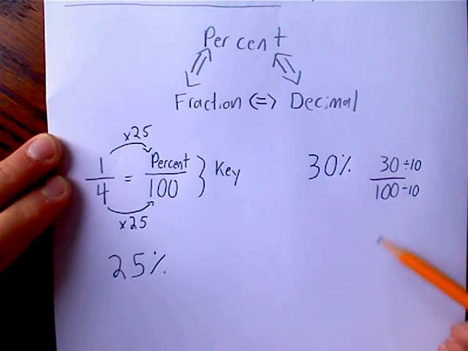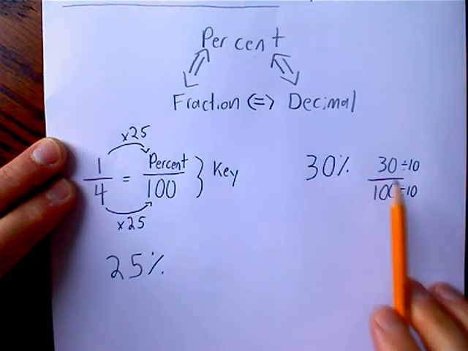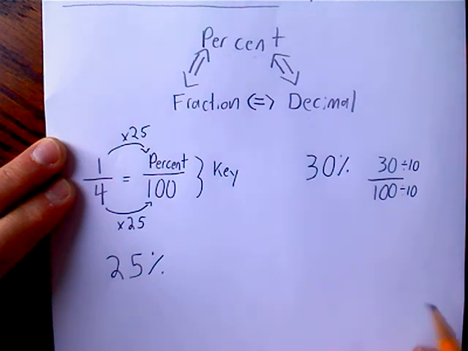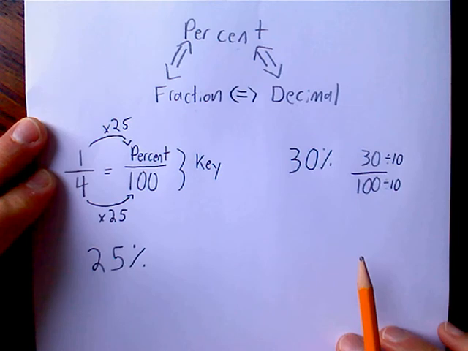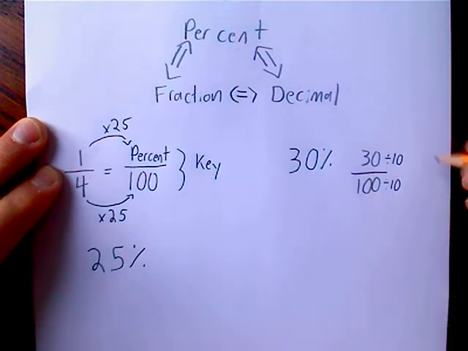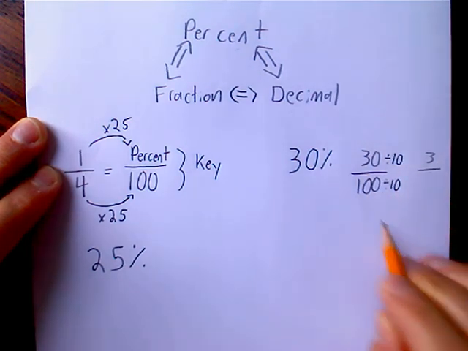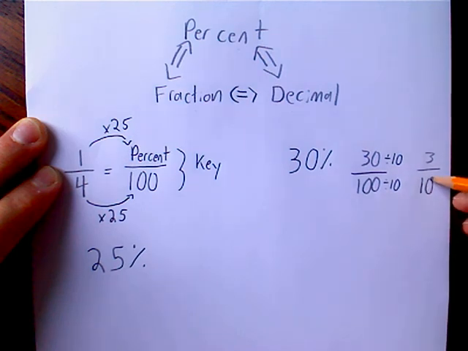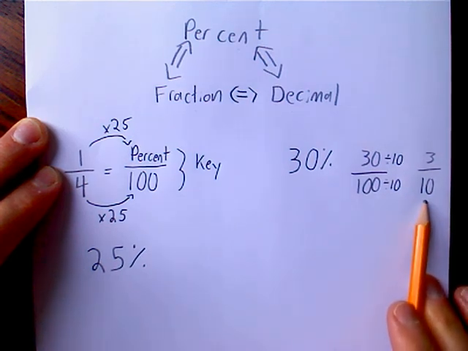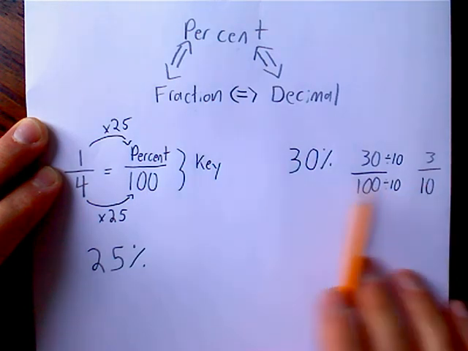You got to be flexible and think about what number can I divide the 30 and the 100 by. Sometimes you need to take more steps. That's okay. We're just going back to reducing fractions. 30 divided by 10 is 3. 100 divided by 10 is 10. So there's my reduced fraction. 3/10 and 30%. They equal the same